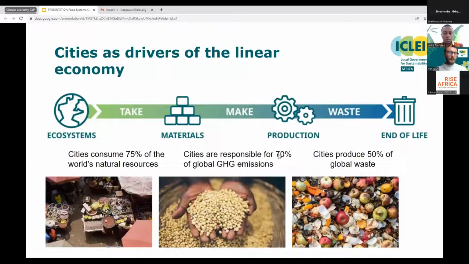Now, when taking this issue a little bit and narrowing the scope to the urban context, it becomes apparent that the issue is far greater in African cities where urban populations are growing at exponential rates. And with that, insecurity is also growing, and urban areas are almost becoming the playing field, the center stage of issues around food insecurities. Cities could be considered as both drivers and recipients of the unsustainable outcomes of food systems, particularly when taking into consideration that Africa's population is already at around 50% urban.